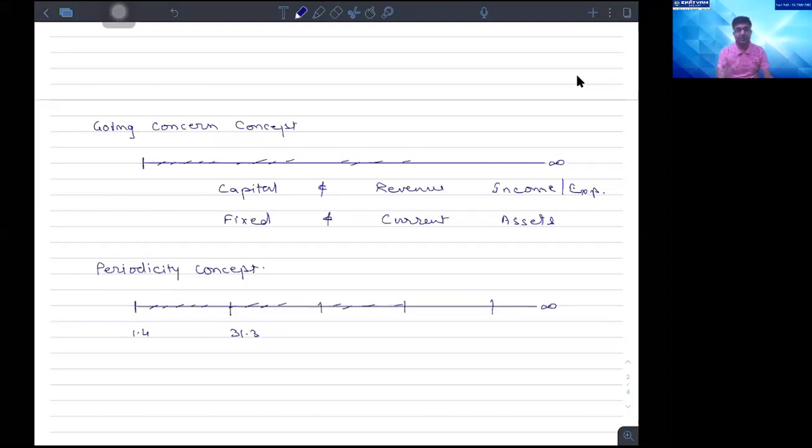Now this chota period can be of any term. It can be 3 months, it can be 6 months, it can be 12 months. But 3 months is too short a duration, and more than a year is too long a duration, is what was understood, because we have already been following the concept of calendar year. We've already been following the concept of the financial year, and therefore that chota period was considered to be the period of 12 months starting from 1st of April and ending on 31st March.